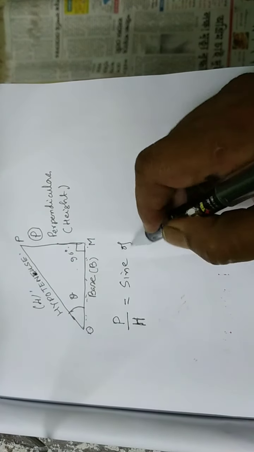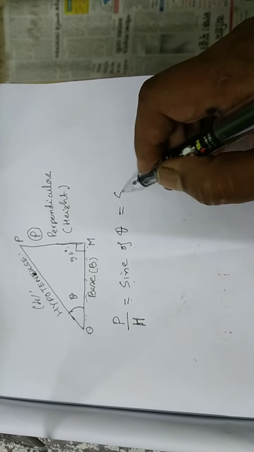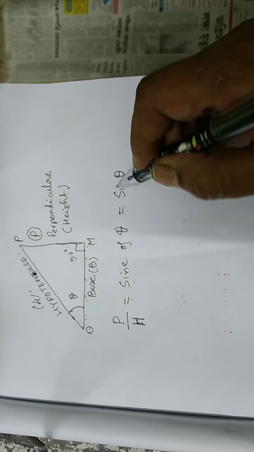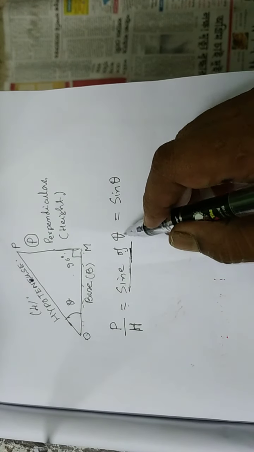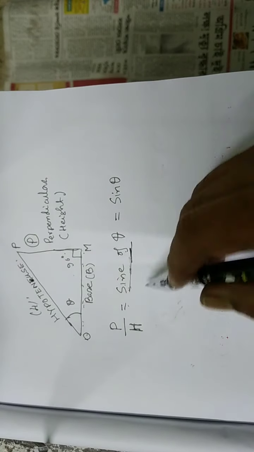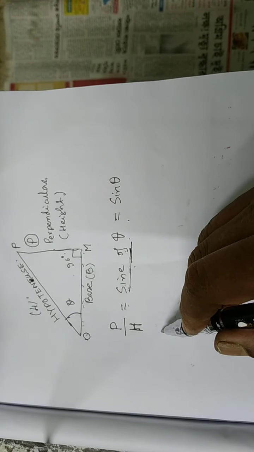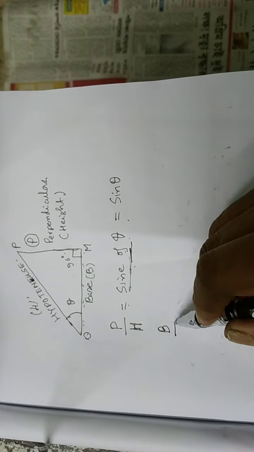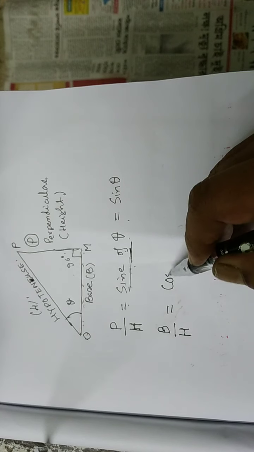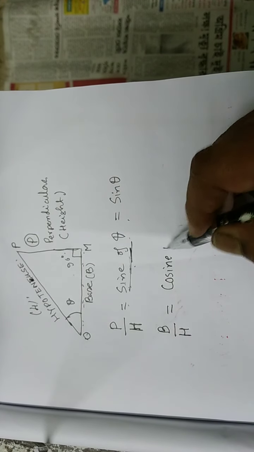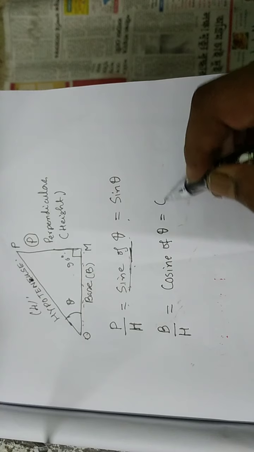Remember, this is not sine times theta, actually this is sine of theta, but symbolically we can write sin theta. Similarly, base by hypotenuse is known as cosine of theta, that is cos theta,